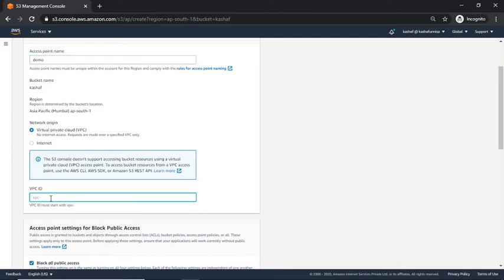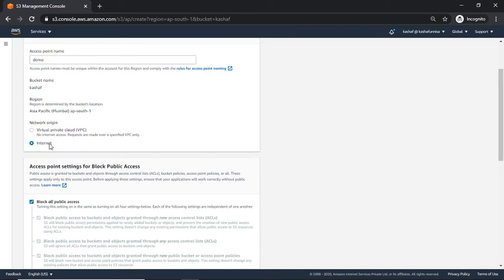For only that particular VPC, you can use this access point to access your data. If you don't want to access your data with the VPC, if you want to access through the internet, you can select the internet option. You can access your data with the help of this access point through the internet with this option.